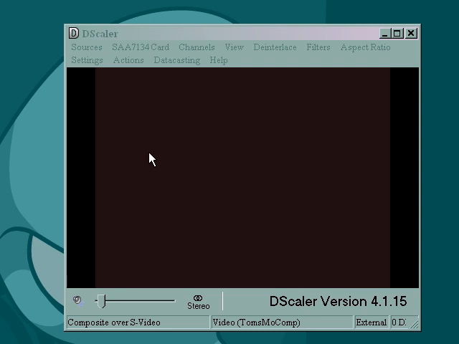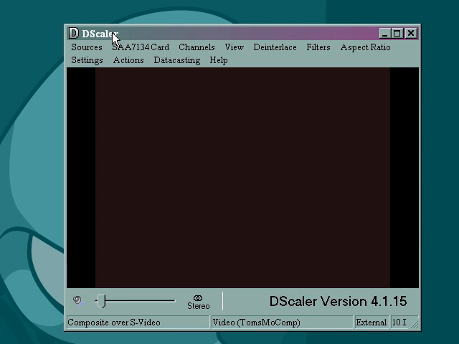Second thing you may notice is that there's no picture, but you hear music, but I see a picture. The reason is DScaler only uses an overlay method, so basically this here is just the transparent pixels that the desktop is recognizing, but the graphics card has an image. I can't change that, so sorry about it. Okay, so